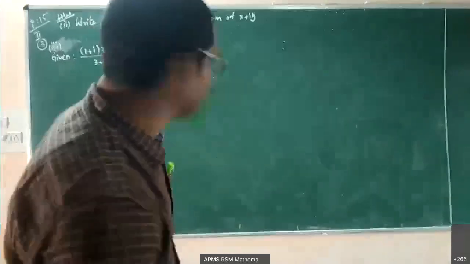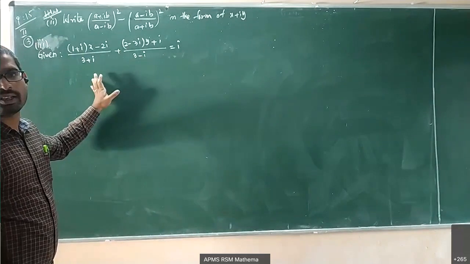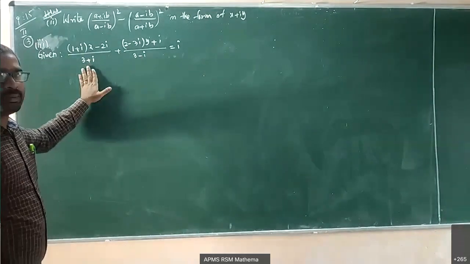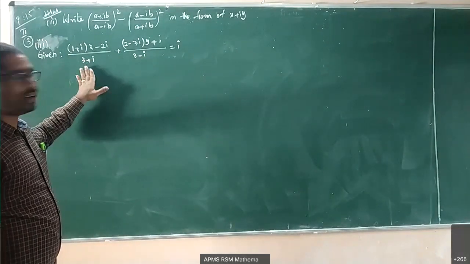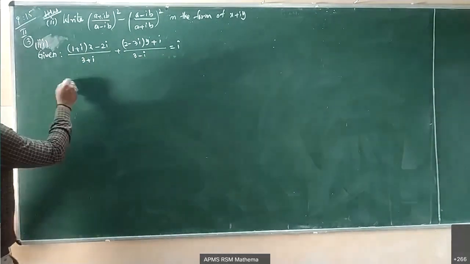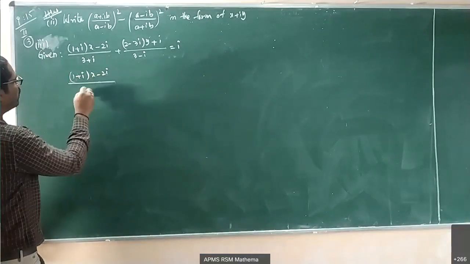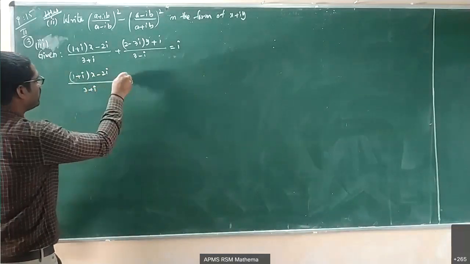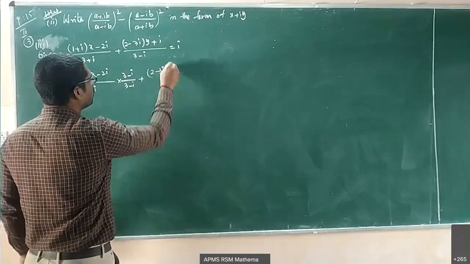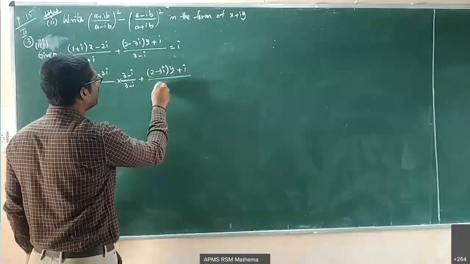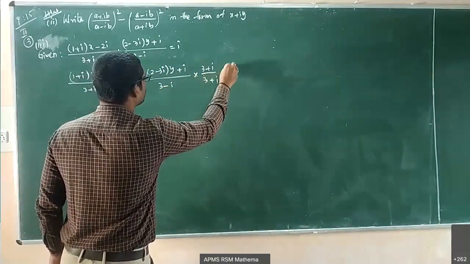So if you look into the given condition, the denominators of both the fractions contain i, it is imaginary. So we multiply first fraction and second fraction with the complex conjugate of their respective denominators. That is 1 plus i into x minus 2i divided by 3 plus i into 3 minus i by 3 minus i, plus 2 minus 3i into y plus i divided by 3 minus i into 3 plus i by 3 plus i is equals to i.